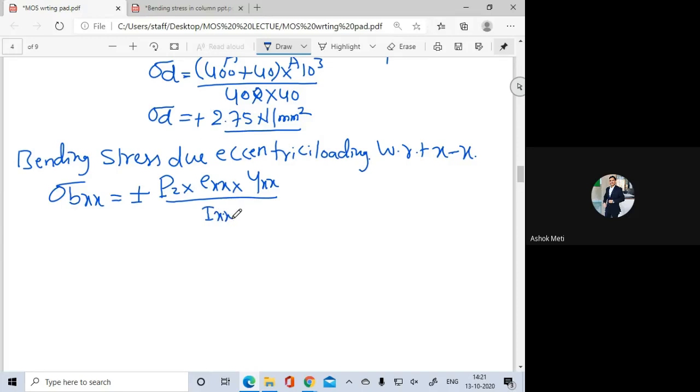Because we are calculating about yxx, here sigma b xx will be equal to, already you know what is P2. P2 is the eccentric load, 40 kilonewton, converted into newton, and here exx is 20 mm. Already it is given as 20 mm, and